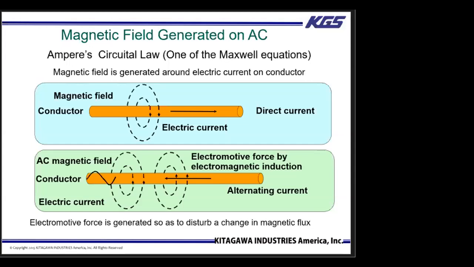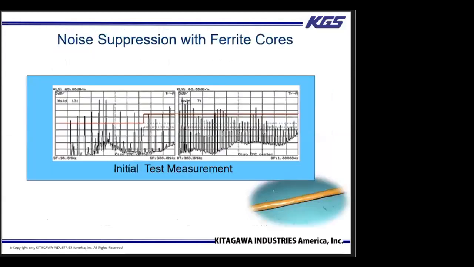One of the objects to convert energy to heat is a resistor, but resistance is generally constant. A 100 ohm resistor should show 100 ohms for both direct current and a 100 megahertz signal. Ferrite cores show a similar characteristic of resistance, but vary with frequencies. So for example, a ferrite can have 0 ohm for direct current, 1 ohm for a 1 megahertz signal, or 100 ohms for 100 megahertz. So ferrites can be used as common mode chokes where they have no influence on the signal and only affect common mode noise.